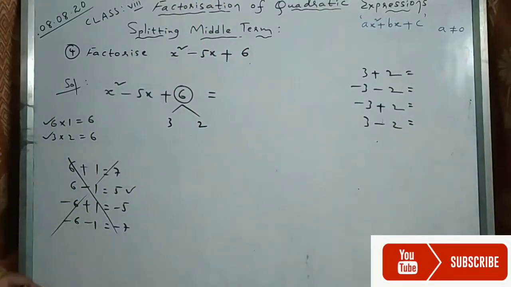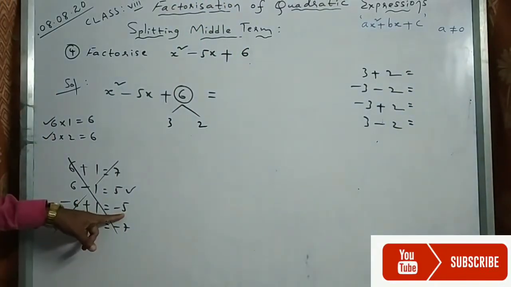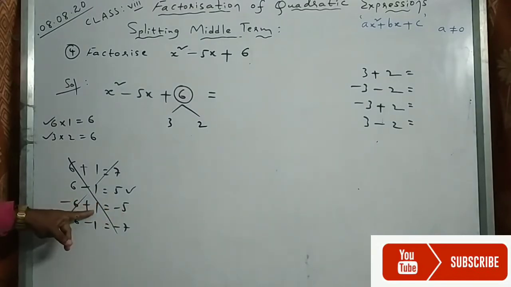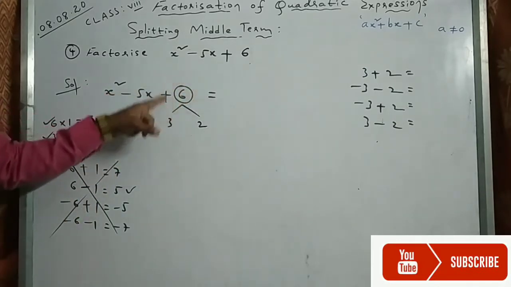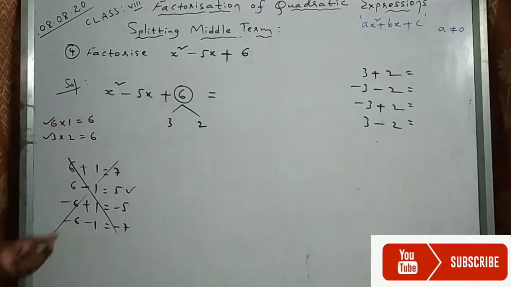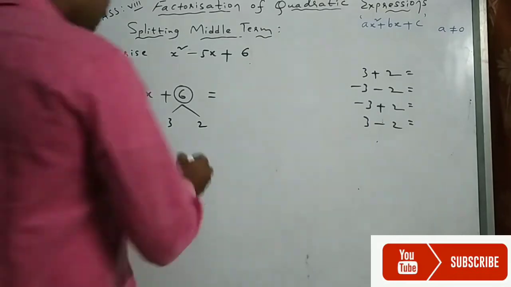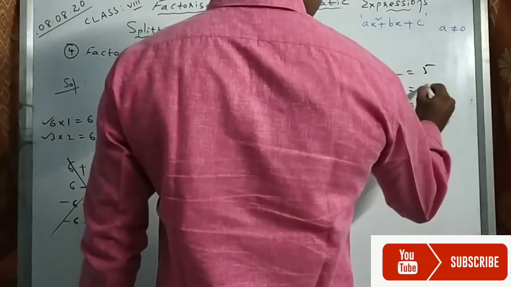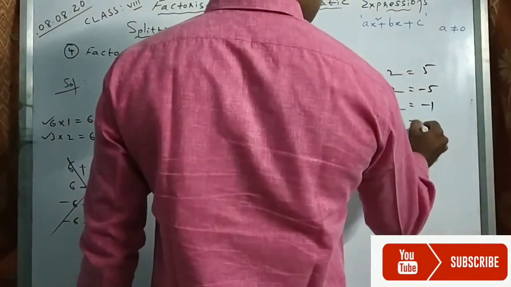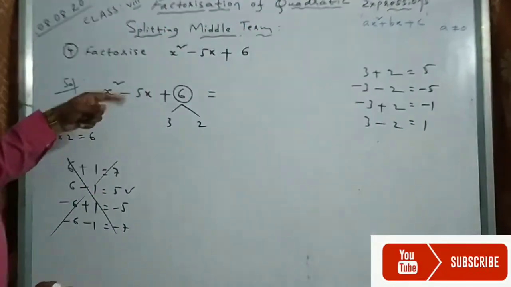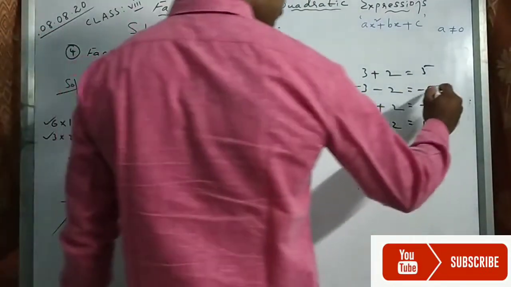This is not possible. Why? Minus 5 is there here. Minus 6 plus 1. Minus 6 plus 1 means if you take multiplication you will get minus 6, no doubt. Minus into plus minus 6 will come. But here what do you have? Plus 6. So these are not possible. So only thing is 3 2s are. So 3 plus 2 5, minus 5, minus 1, 1. Where do you have minus 5 there? Here.